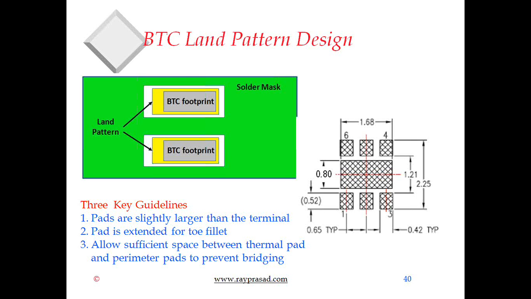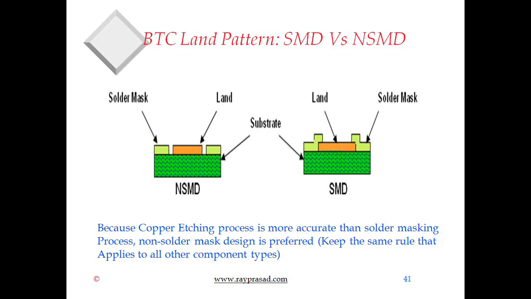But with the cheaper printers, I think bridging is a big issue. So you want to make sure that you have a high-end printer, especially if you have fine pitch devices, doesn't matter which one. In terms of solder mask guideline as to how to do that, that's essentially no different for the BTC than it is for